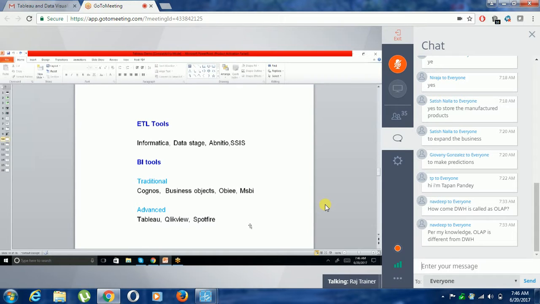Let us say I'm a manufacturer. Let us assume that I'm a car manufacturer. This year my sales was 200 cars. If I repeat the same thing without analyzing and without doing forecasting, next year also, even if I have released a new car type or model, without production planning, if I manufacture the same 200, I'll be getting the same 200 sales only. But based on the historical data, if I analyze and forecast, and in my forecasting I come to know that there is a lot of chance to sell 500 cars,